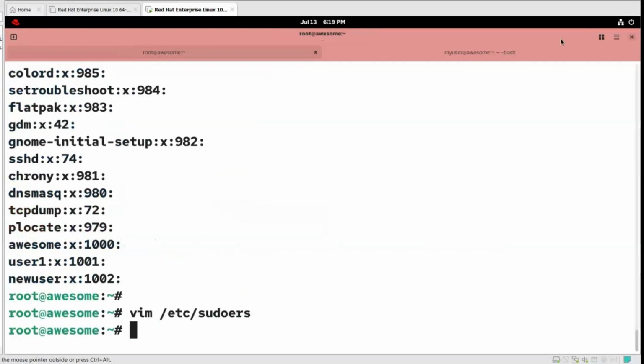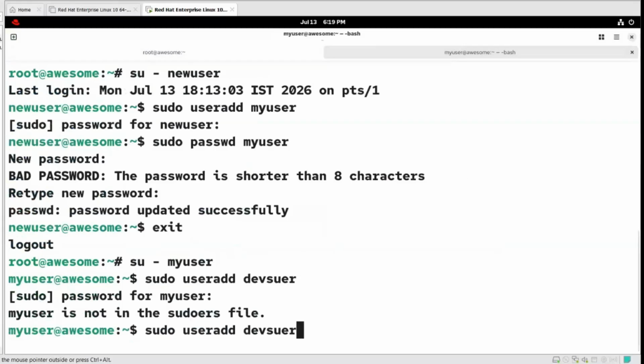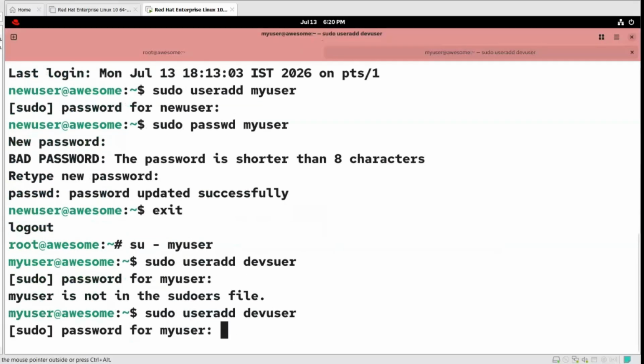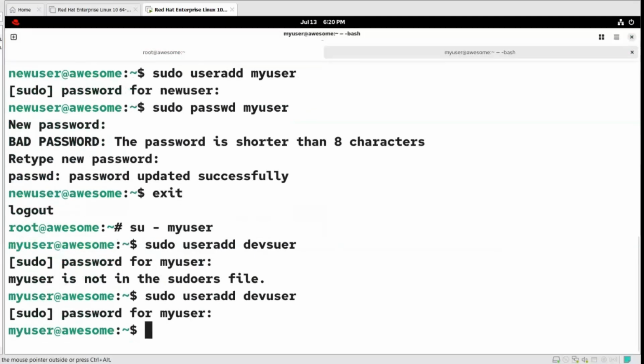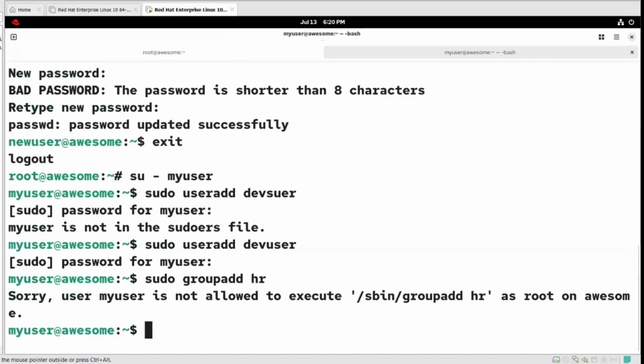And now let me check here. Now this time if I try to use this command, it is working. That user is created, right? And only one command we have added, so if I try to add any group, this will not work. Here you can see my user is not allowed to execute groupadd command